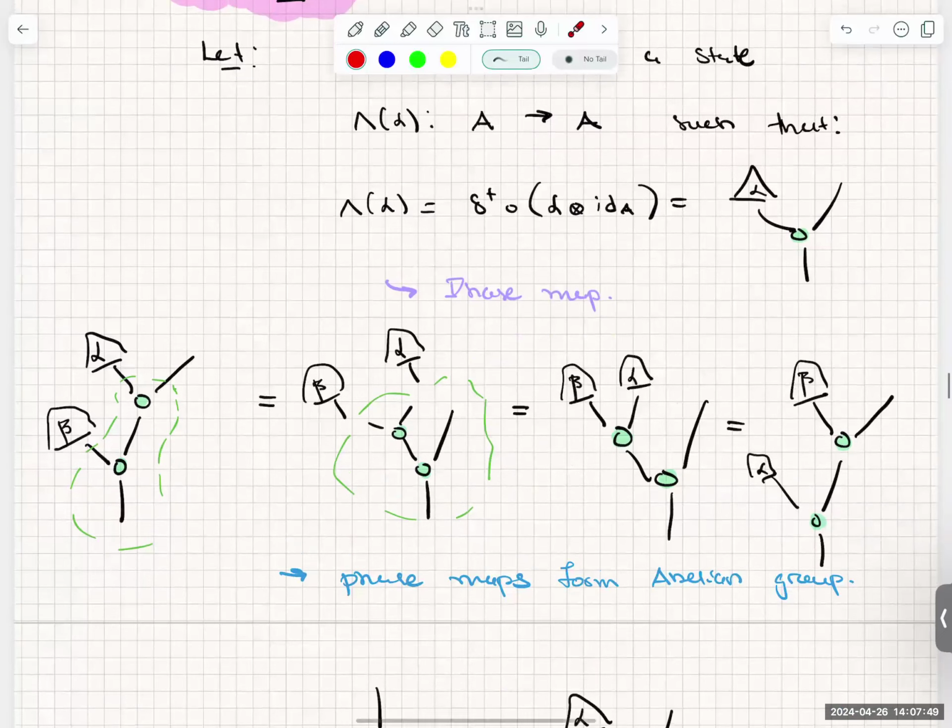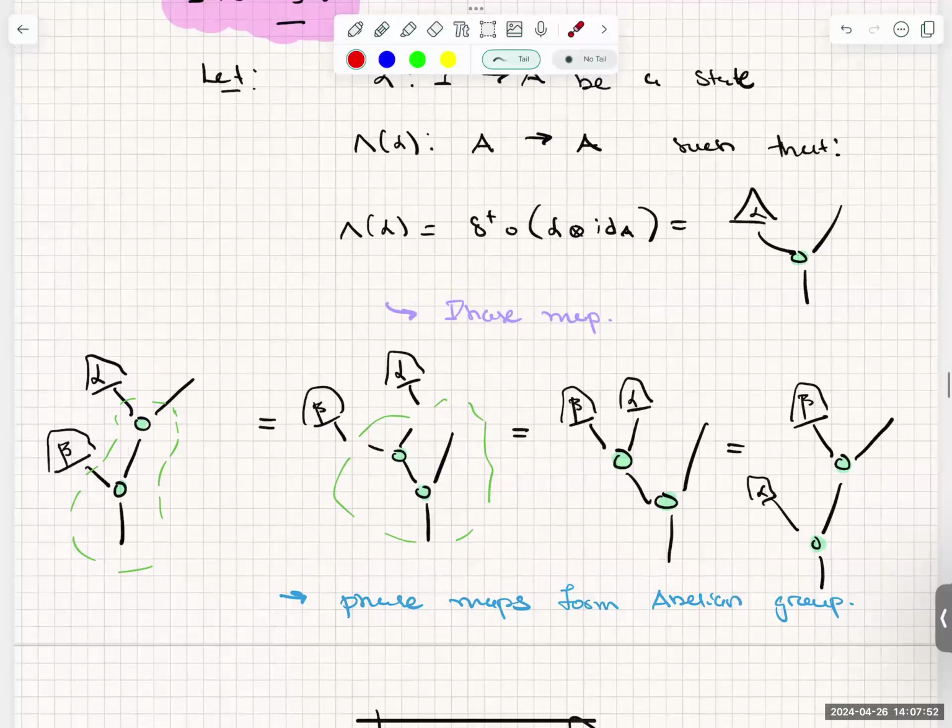One of the nice properties is that we can think of this phase map as applying a phase, at least in the finite dimensional Hilbert space context, to our states. One thing you might expect is that these things play together nicely in the following sense: if I apply two phase maps, which I can expand using this definition like so,